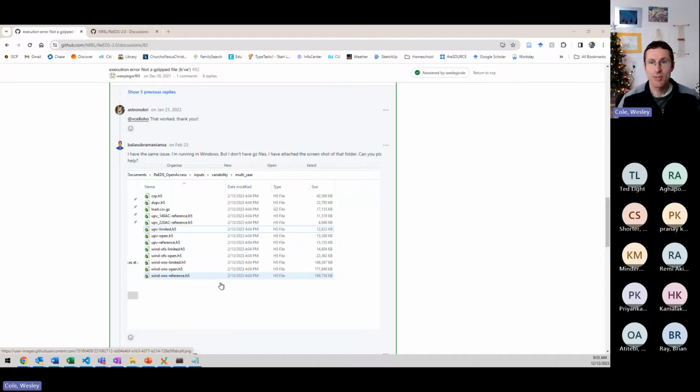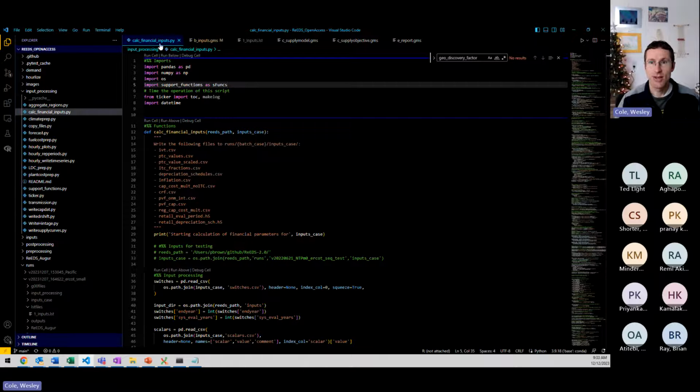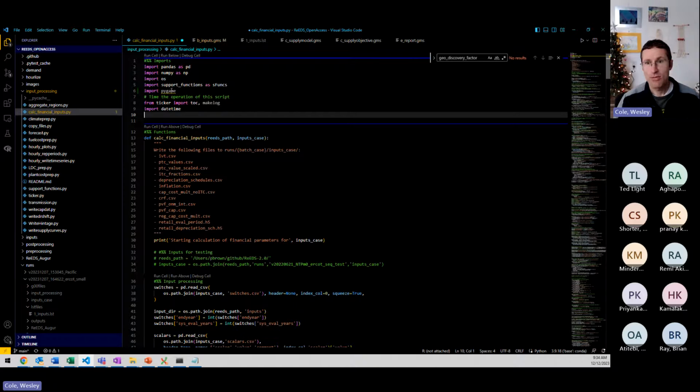Another common thing that happens is with a package. So I'm going to go in here, and this is calc financial inputs. This is one of the input processing pieces, you can see it's here in our input processing folder. It does financial calculations. If you don't have one of the Python packages installed, this is one of the hardest ones to see because it's kind of cryptic. But let's say I'm just going to add a new package, Pygame, put an Easter egg or something here. If you have a package that isn't installed as part of your environment, then